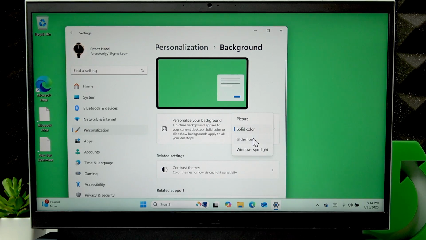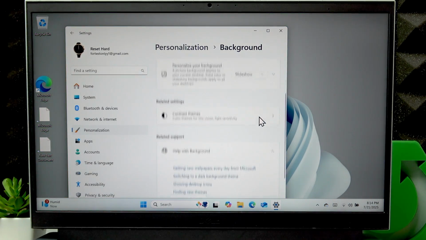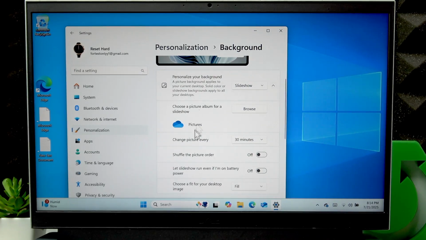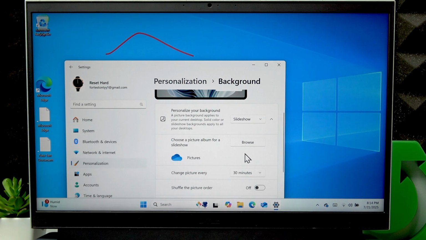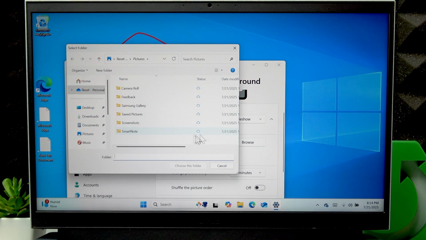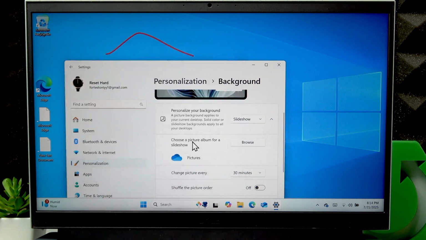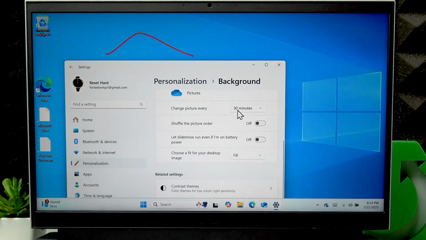The third option is a slideshow, which is basically just a slideshow of images for your laptop. You can select a folder with pictures for a slideshow by clicking Browse next to choose a picture album for a slideshow option. You can change the frequency of the images changing by expanding this list and selecting the value that fits you